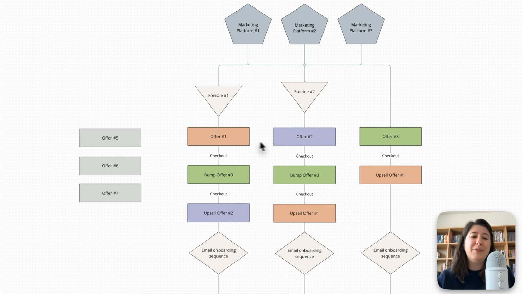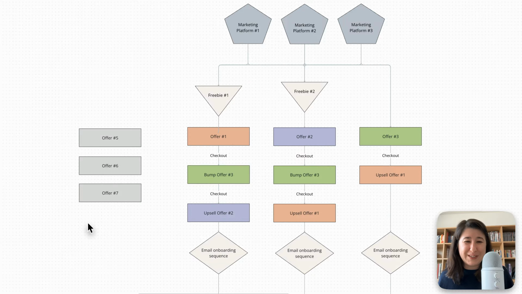Whatever it is, we decide which ones we're going to go all in on, make sure we've built out that sales flow, and decide at this stage if we're going to let any of the other offers we've accumulated go. And I highly recommend, if you're going through this process, to not hold too dear to the offers you've made in the past. They have served their time, they've served their purpose, but it can be really liberating to